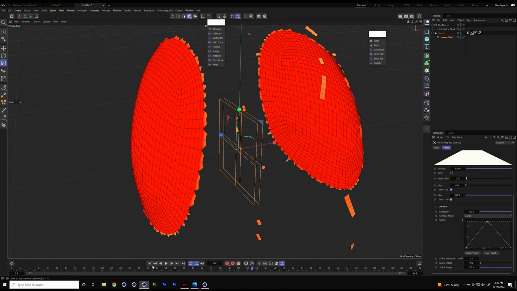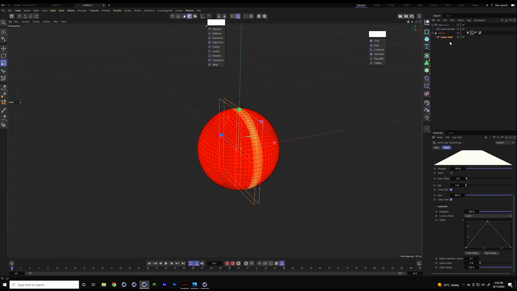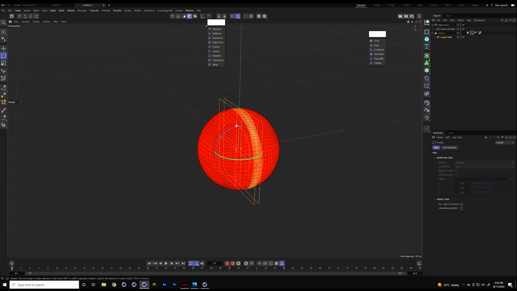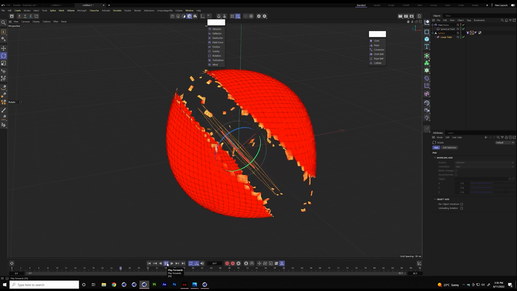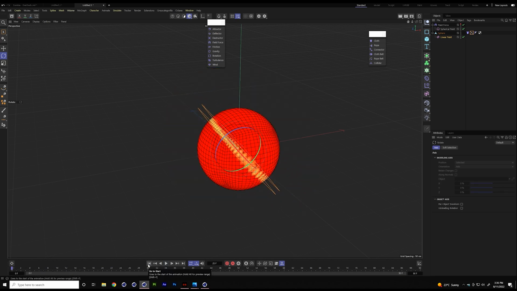And at any point you can say, I want it a bit sideways. Well, get your linear field and rotate it that way, and now it's going to tear over there. So the amount of control and the ease of use you have to control these otherwise very complex effects, it's outstanding because the field system is fully integrated in our simulation via vertex maps.